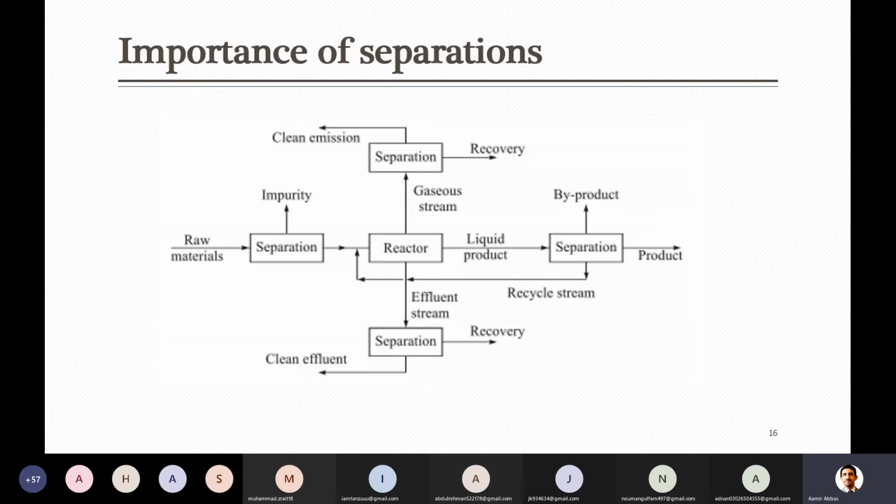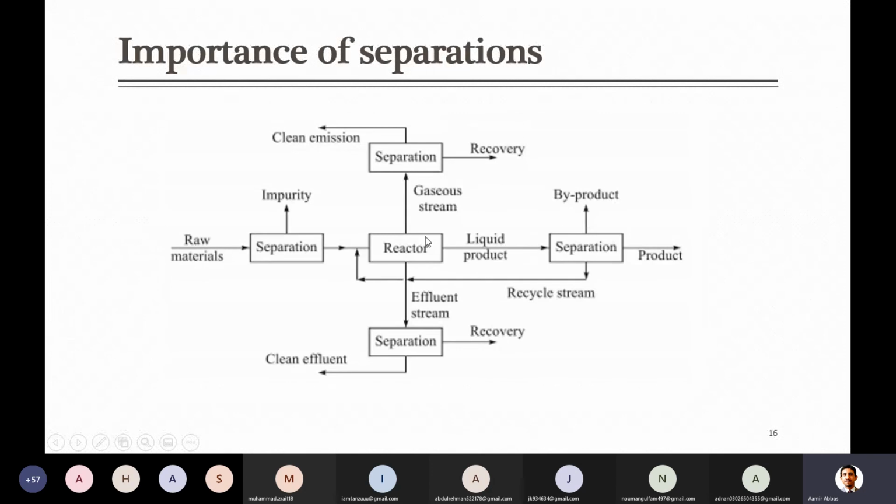In the reactor something is produced, and if I move along the same line with that liquid product, as someone already said, there can be unreacted reactants. Some reactants which are in excess or not completely reacted can move out along with it, either in the liquid product or maybe in the gaseous stream. On either side they can go; it depends on the process.